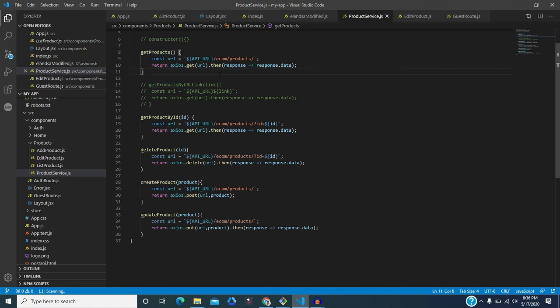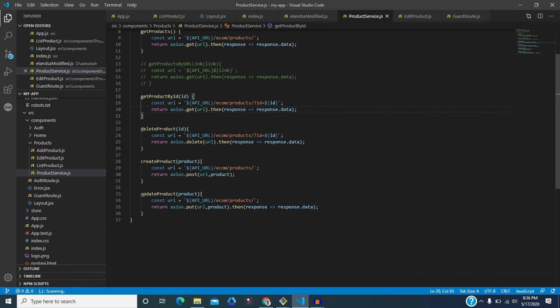It's a get request, and this will return all the product list. And for get product by ID, you just need to pass the ID, and according to that ID the logic will be written at the backend, where the API is written, and the product detail will be returned.